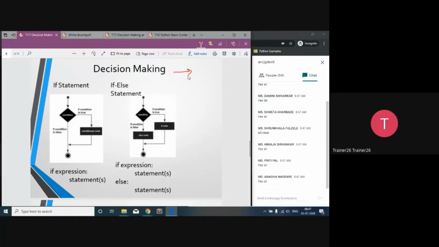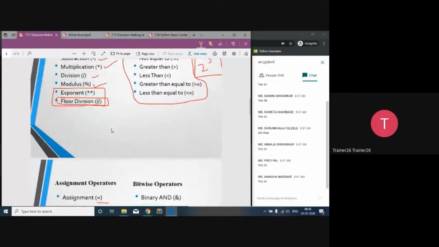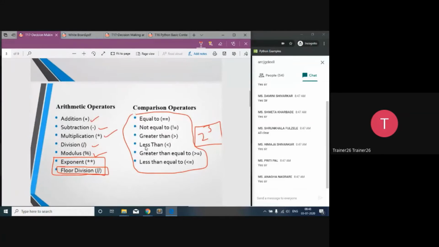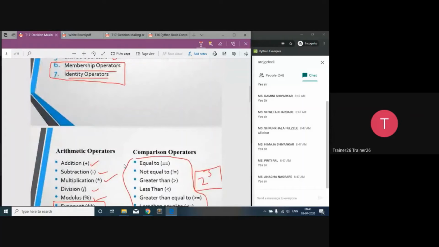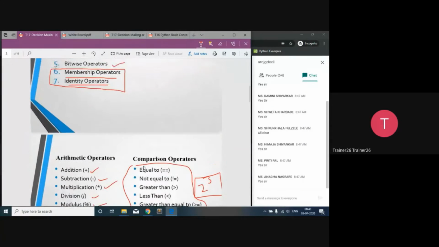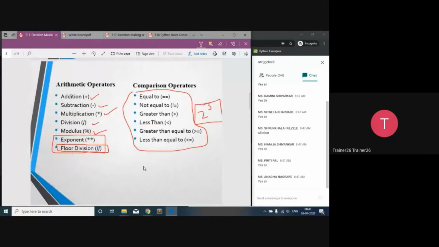As we know, whenever we have to take a decision, we have to set up some condition mechanism where we can check that particular condition, whether it is true or false. That's why we studied the operators, because logical operators, comparison operators and assignment operators are going to help us form a particular condition.